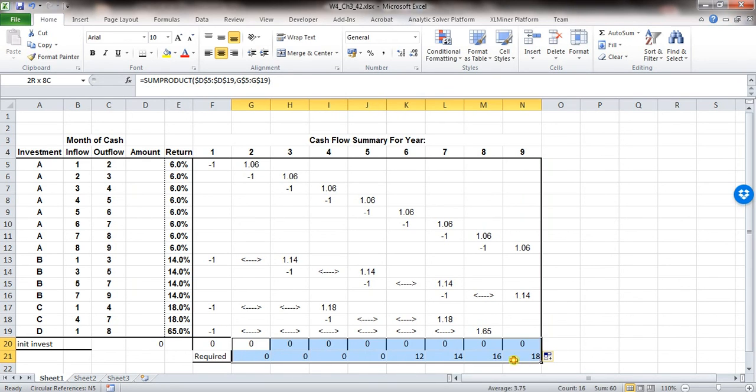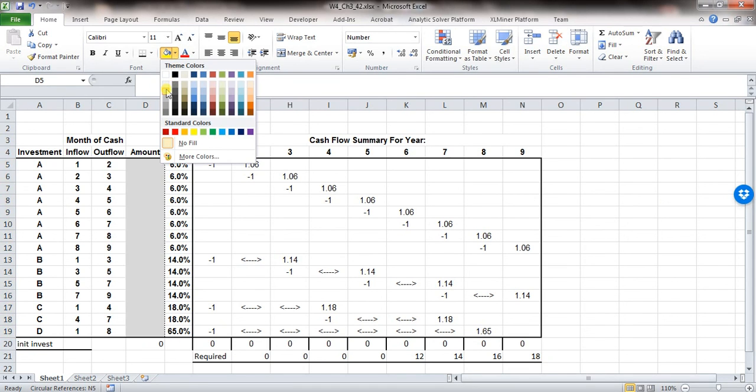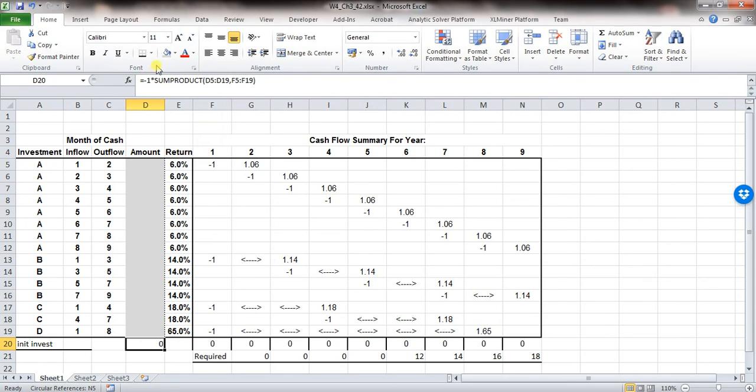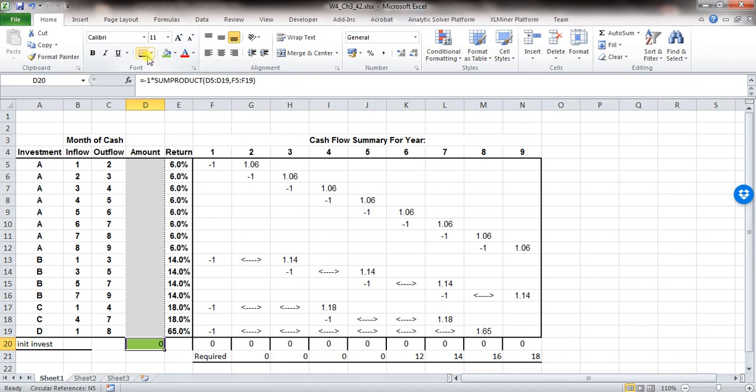So for all of this it is also required, and our objective is to minimize this total amount invested, and these values should be equal to this value. That's it. And these are our decision variables. Let's mark it gray, and this is our objective. Make it green. So go to data